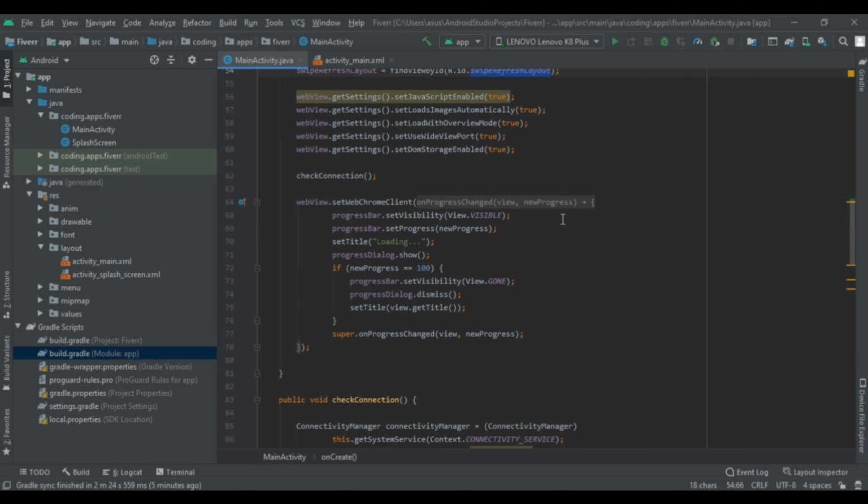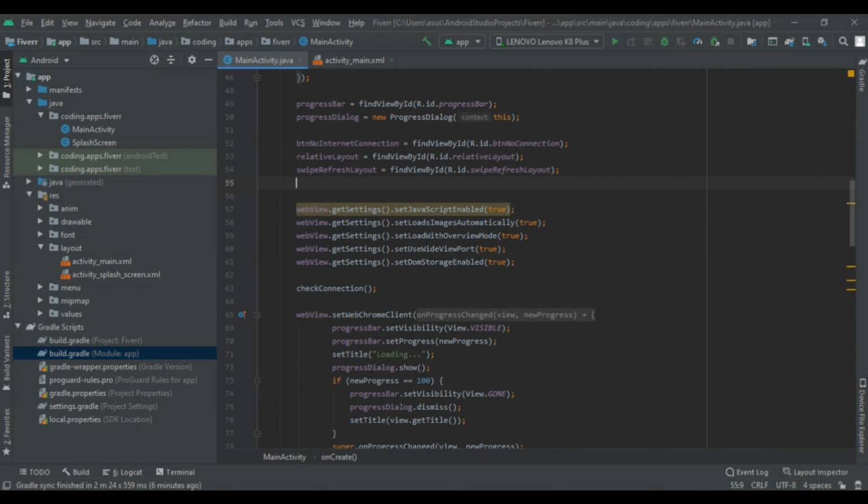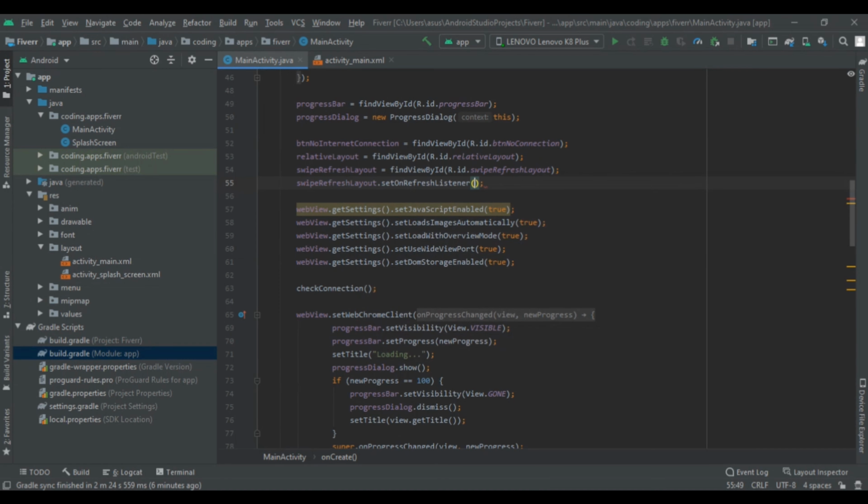Now you have to add the set refresh listener. So swipeRefreshLayout.setOnRefreshListener, then type new OnRefreshListener.